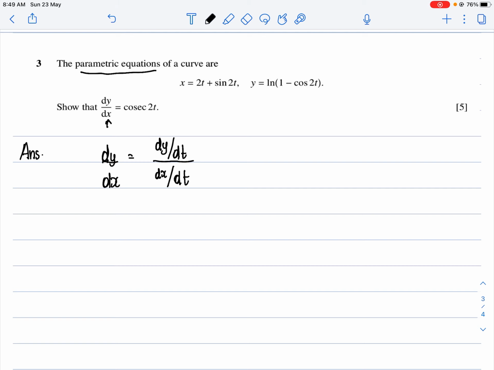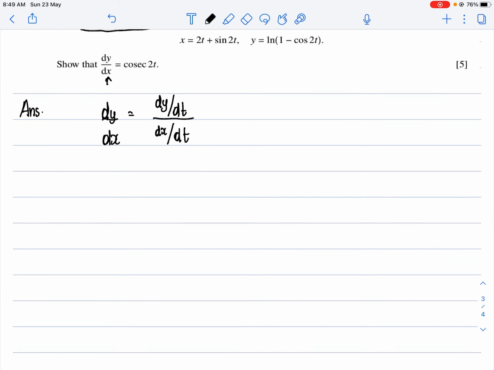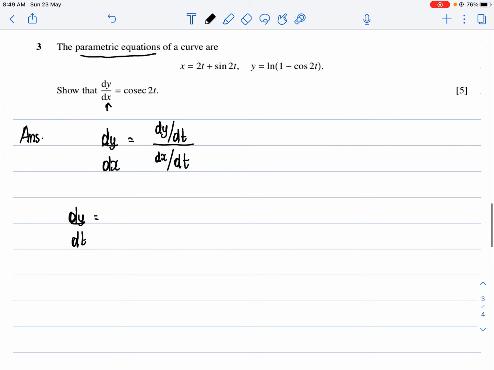So what I need to do first is calculate dy by dt, which is basically the differentiation of this. Let's go step by step. Think of brackets like this. What is the differentiation of ln first? It's 1 over x. So I'll write this as 1 over